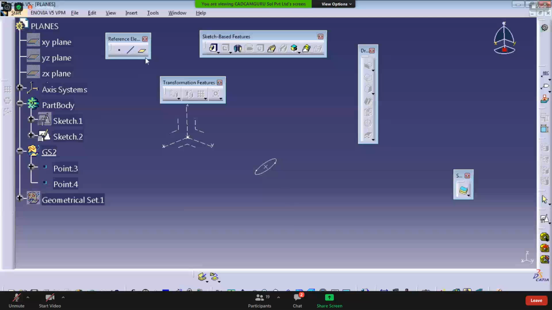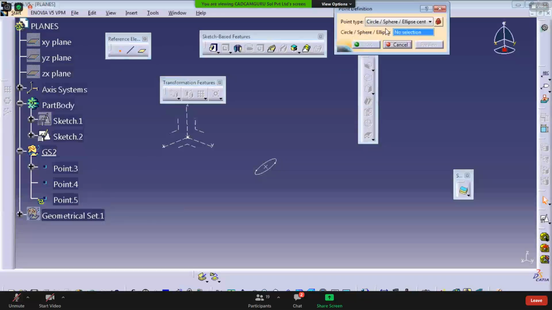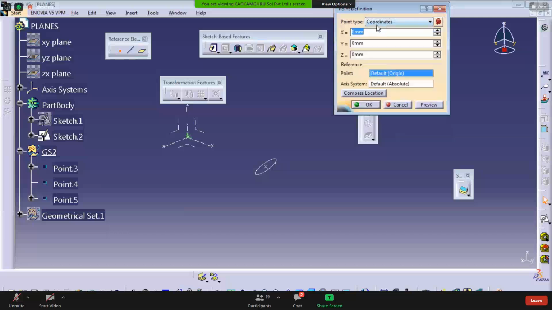Today we talked about 4 types of planes and 3 types of points. First is coordinate. Maximum 90% of the time we use the on curve type and the coordinates in our day-to-day practice, so the coordinates and on curve options are important. Sometimes if you want to plot the center of an arc or axis, use the circle option.